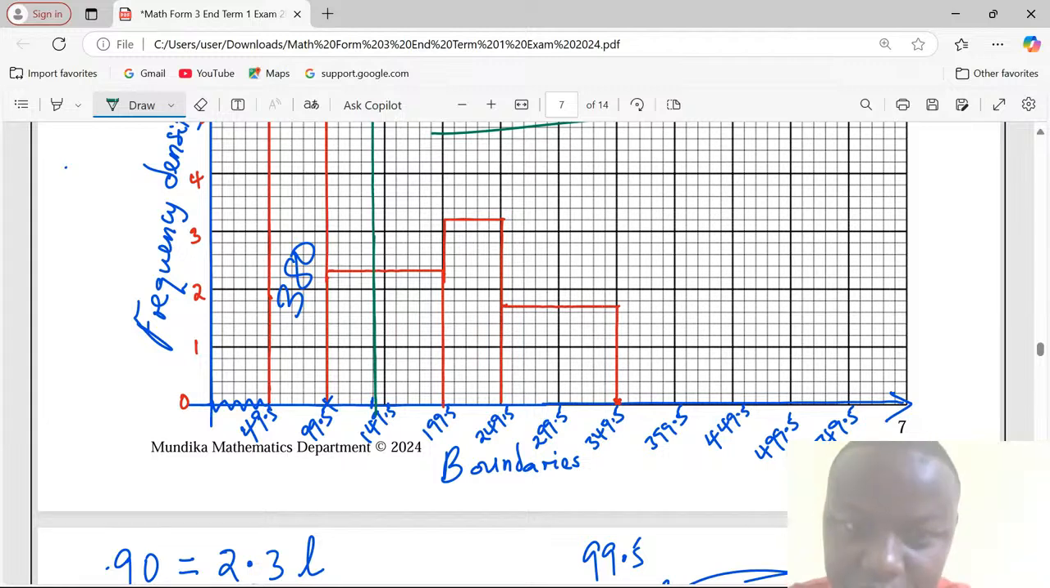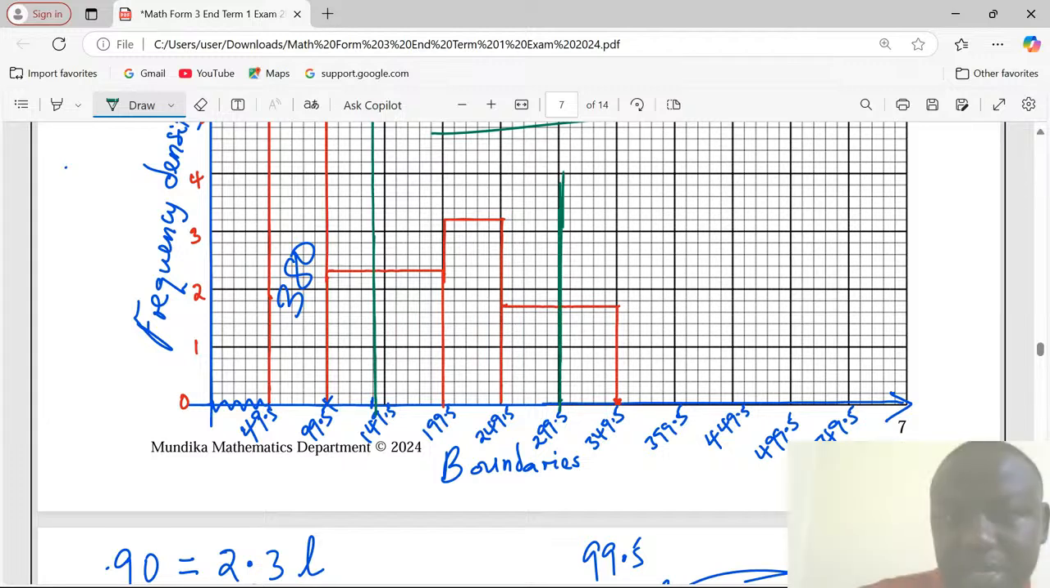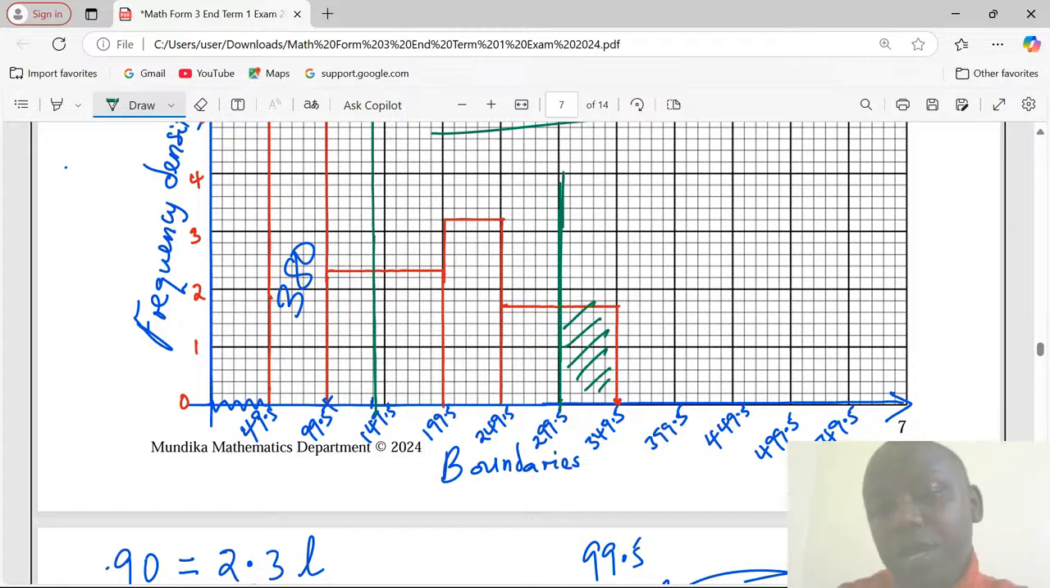300 is going to be at this point, according to my estimation. That is where 300 is. So the number now will be the area on this side, because we want 300 or more. If it was 300 or less, we would have gone to our left. But now that we need 300 or more, it will be